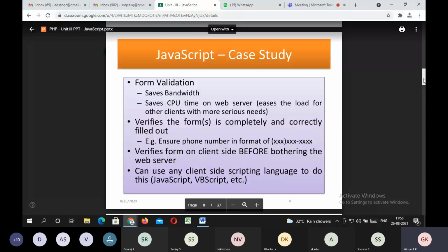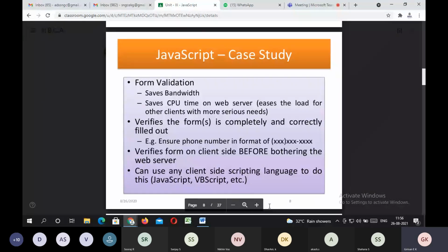Now, a case study on JavaScript was made, and the advantages are that it saves bandwidth. The speed of data transmission can be saved compared to other scripting languages. And also it saves the CPU time on the web server.